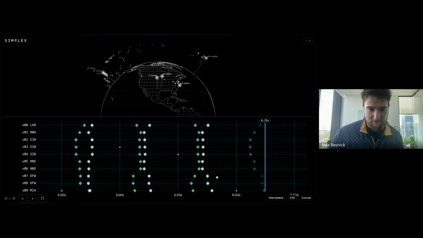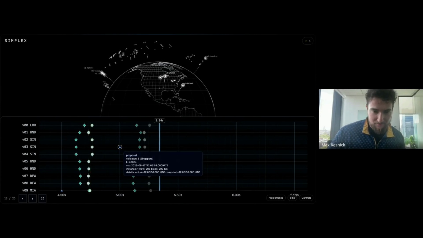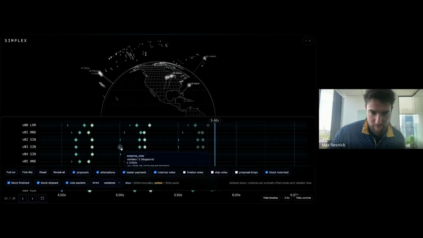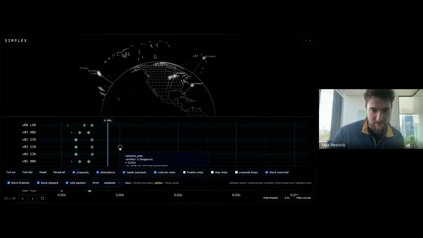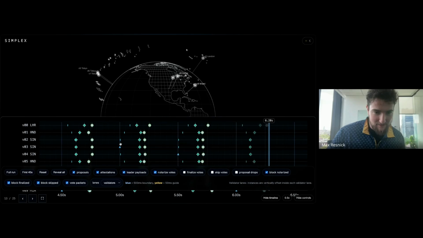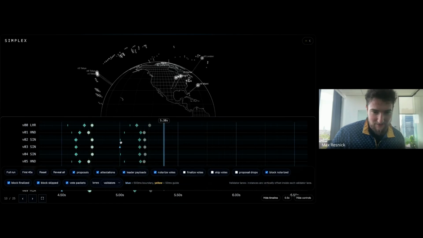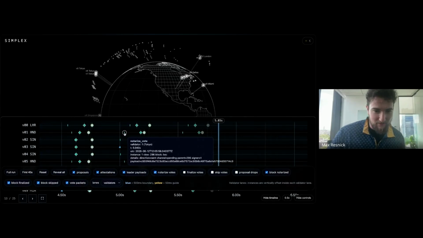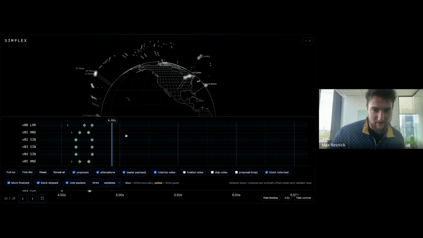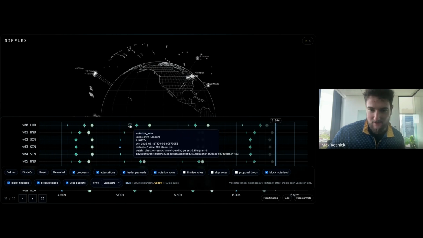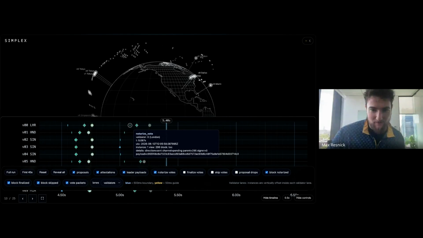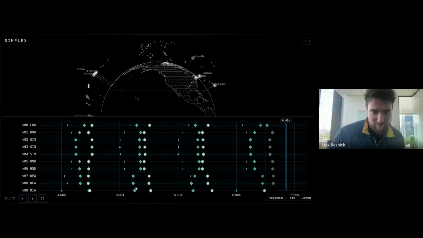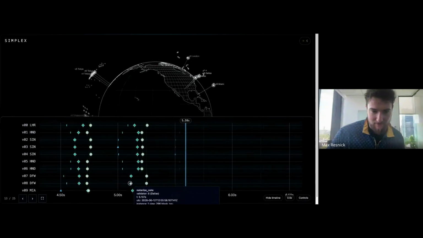Let me slow things down a little bit. So here's your proposal. And then you can see he proposed and then he notarized, and the other 2 Singapore validators also saw it very quickly after and cast their notarized vote. Then this Tokyo validator and this Tokyo validator saw it later. This London validator saw it quite a bit later, and I think the latest validator to see it was probably down here in Miami or Houston or Dallas.